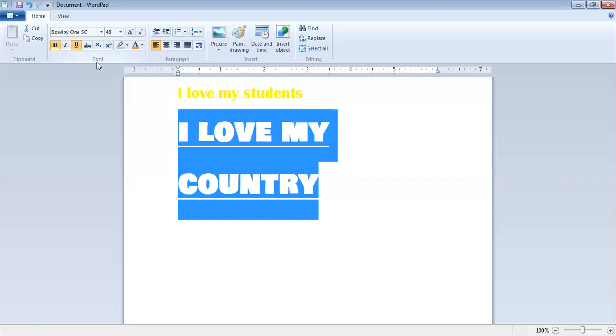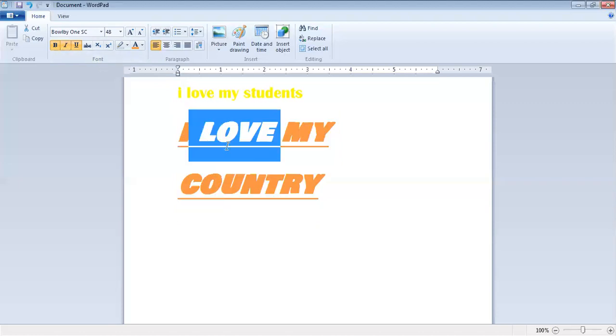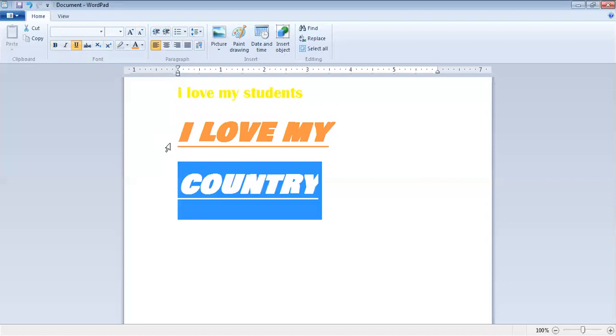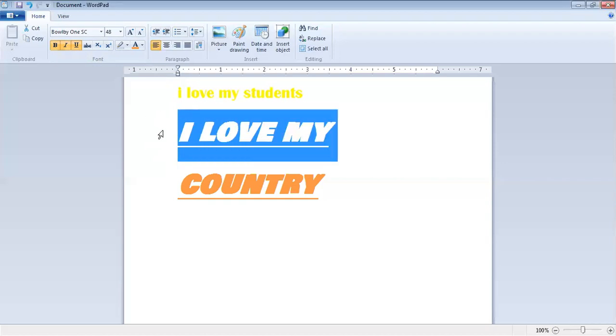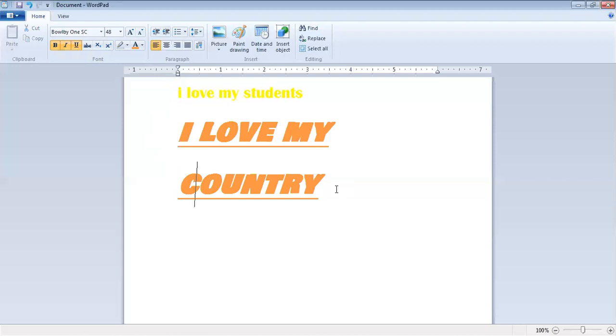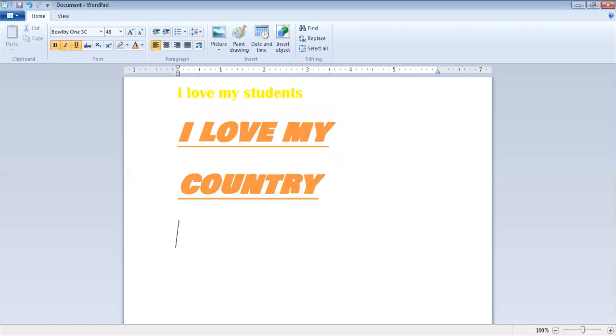This is how my text can be bold, underlined, and now the next thing is italic. Can you see that the letters I have written are in italicized font? Yes, it is in italicized font. This is how I can put bold, italic, and underline. I hope it is clear to all of you. We'll take another and the last example. I'm writing my own name.